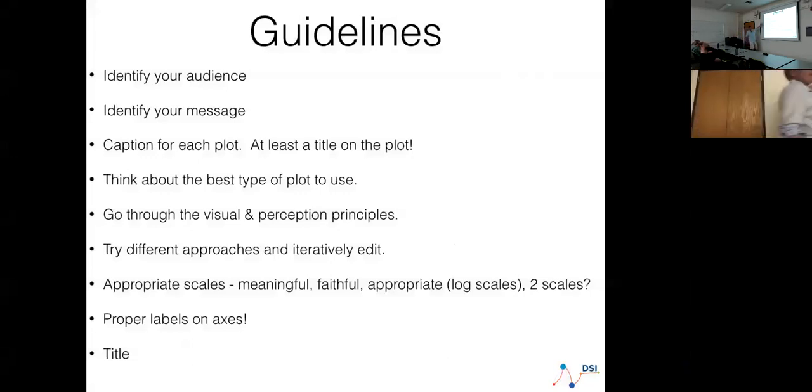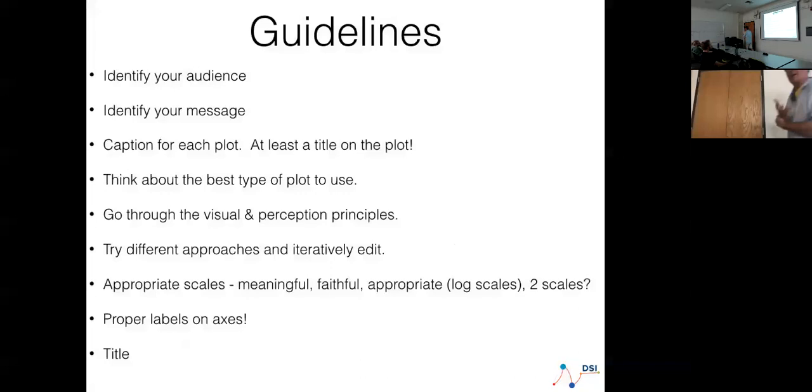The caption is your message. Then it better come with a plot. Oftentimes we'll make the plot, we'll do a lot of exploratory plots, figure out what the message is, then write it down in English or any other language too. Write it down and then say, okay, how do I improve that plot to actually make it?